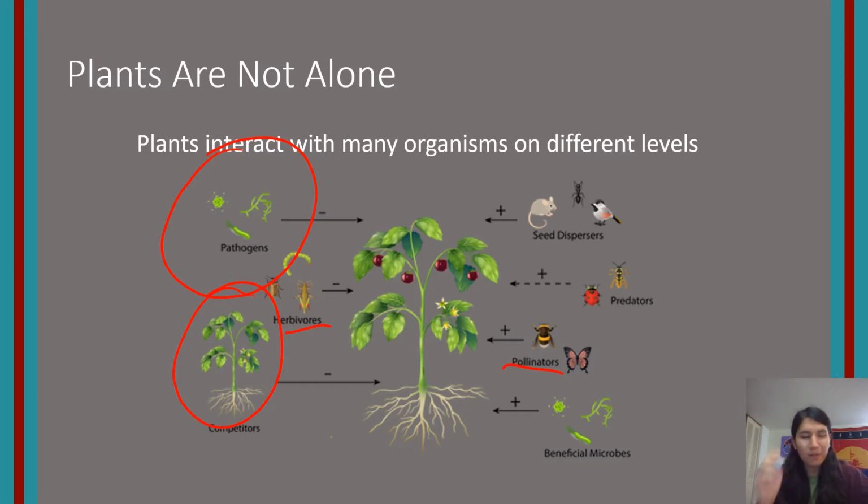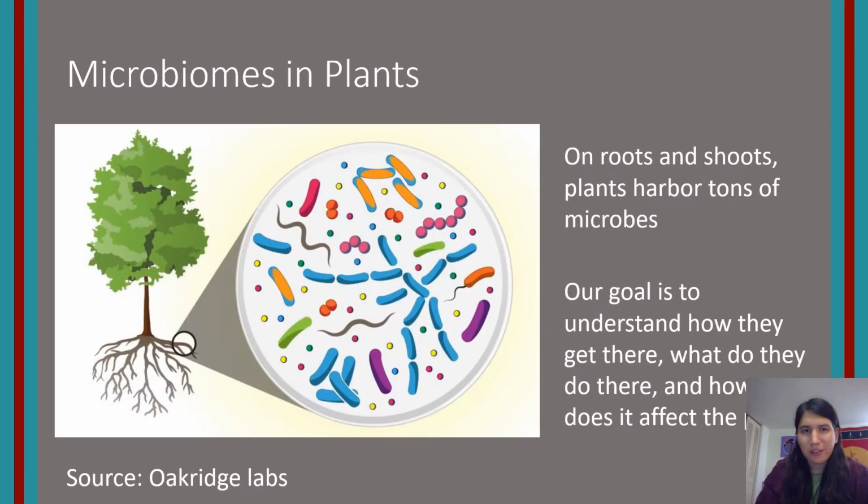And not all microbes on plants are bad. There are good ones too. As we see right here, there are mycorrhizal fungi in the roots that help plants acquire water and nutrients, and also bacteria that live inside the plants that can help with drought resistance. But it's not just black and white. There is a middle ground where microbes are just living on the plant, because we know microbes are ubiquitous. They live in all different environments and systems. So that's what we're interested in, in my lab.